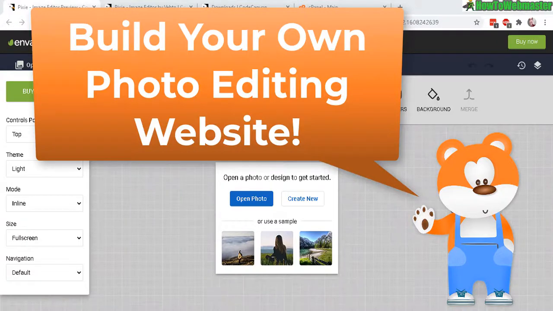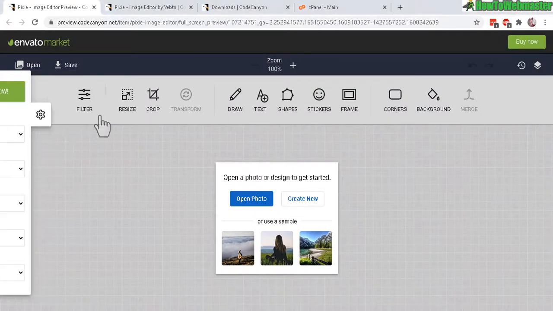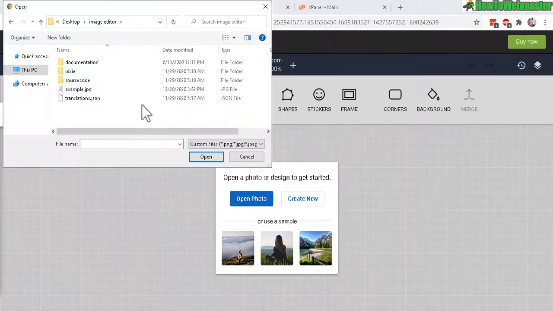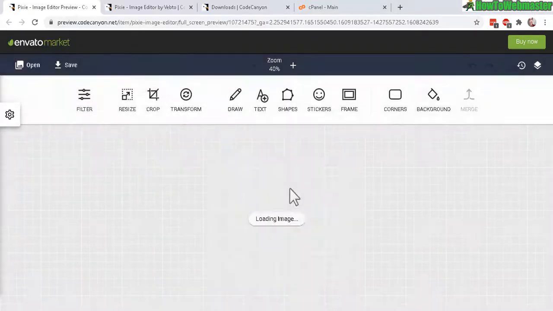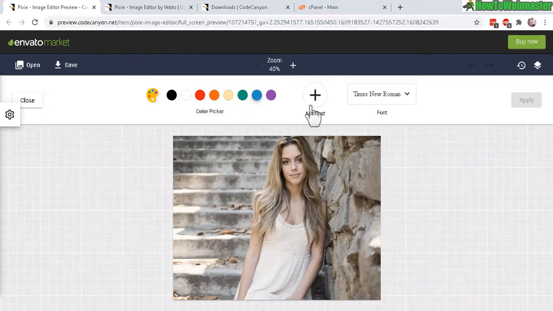Today I'm going to show you how to set up your very own photo editing website. So here is what it looks like. Let's close this real quick. This right here is where you can upload your own photo, just like this, and then let's upload this photo. Here you can edit it by adding things like text. So let's click on text and add the text right here, and then you can move it around